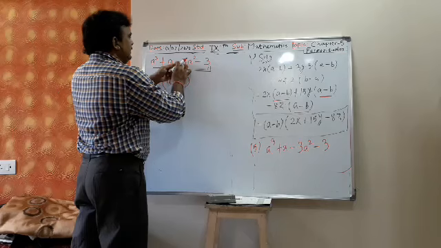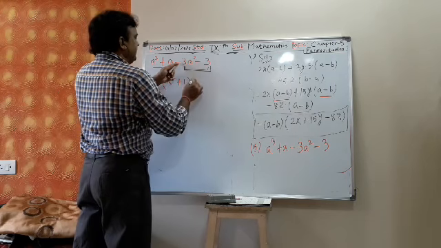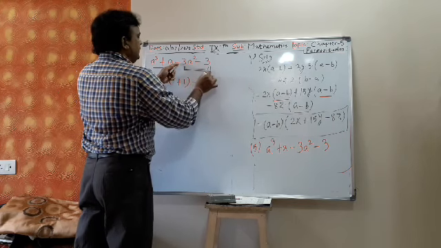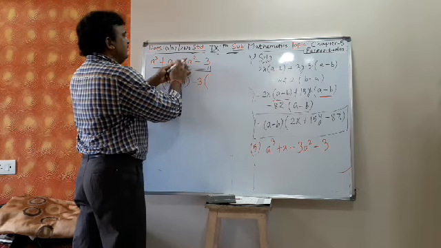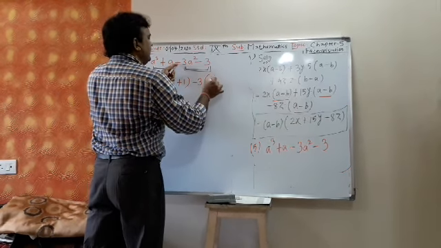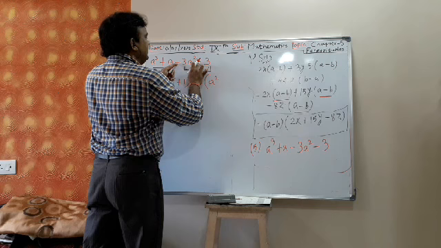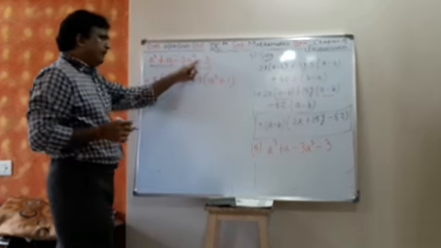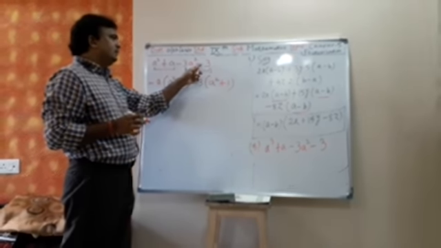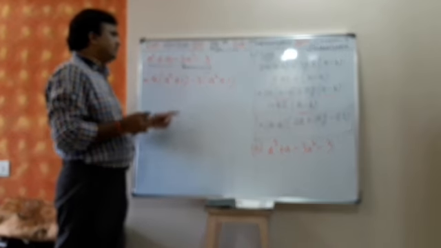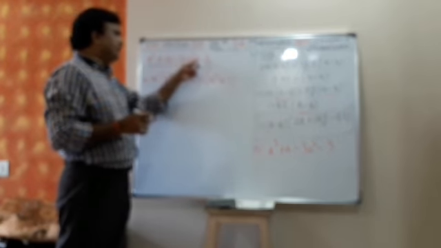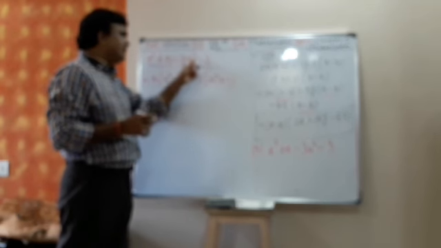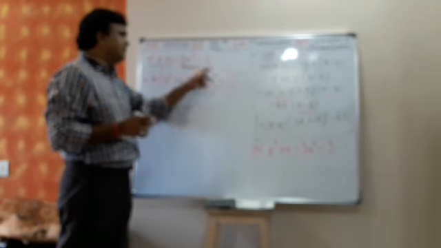Then what is common in these two? Minus 3a square and minus 3. Minus 3 is common. That I am taking common. Minus 3 I have taken common. Then what is left? A square. Then in place of minus 3, it will be plus 1. Are you getting? Minus I have taken outside, minus 3. So what is left? A square, minus I have taken outside, so inside sign will change. Minus becomes plus.